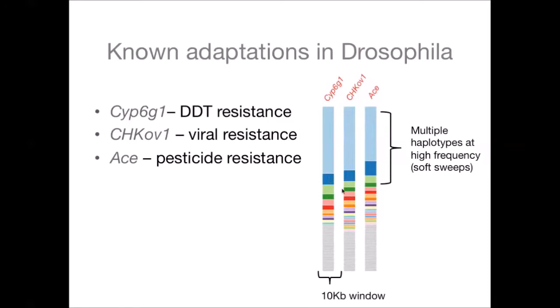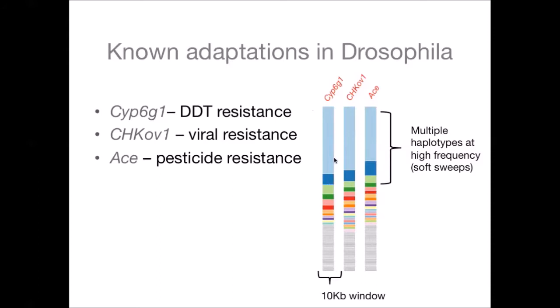So specifically, what I'm showing is that here is a haplotype present in about 50 individuals, another in about 20, and 20, and so on, and these are all singletons. And so basically, we have multiple haplotypes at high frequency, which is a hallmark of soft sweeps. But actually, we don't even need to conclude this from genomic signatures in the DGRP data. These are actually known soft sweeps.